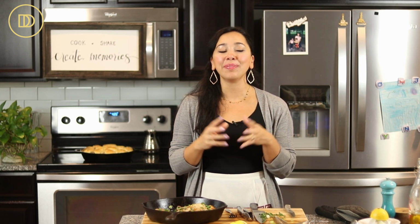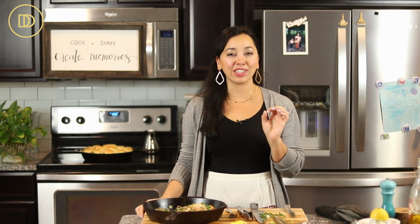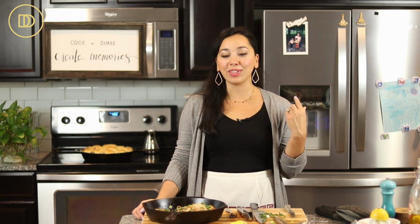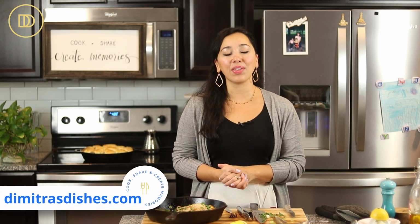I mean, it's tangy and zesty from the lemon. The chicken is soft and moist, perfectly seasoned. A little bit of sweetness from the honey, just the right amount. I put 3 tablespoons in here. If you want to make it a little extra sweet, add an extra tablespoon, or maybe if you want a little more sauce, put some more lemon juice and a little bit more water in there too. It's up to you. The exact measurements are on the website,